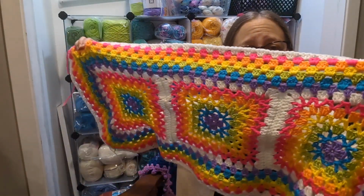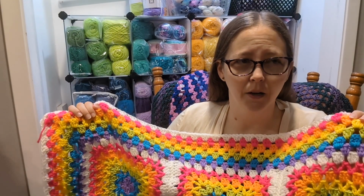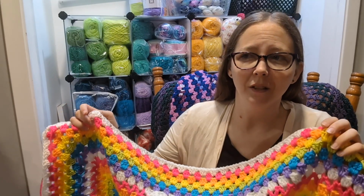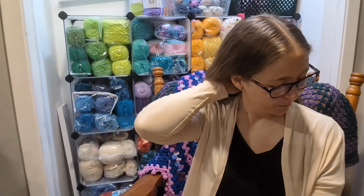I've gotten this far, and I've already cut the yarn. So I'm like, well, I've already cut it. If I have to make a change to it and I have to use more yarn, I'm going to have to tie more yarn onto it, and then I have more knots. And more knots means making it secure. I am very much a perfectionist. If it's not super 100% secure, it bothers me because I don't want it to fall apart. Again, I want it to be perfect, but I know it's not going to be perfect. Nothing I've ever made has been perfect. But anyway,